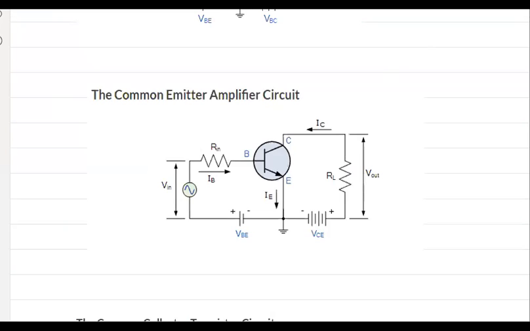Now, if you see this, which is your input side? Think about it. Which is your input side? Base is your input side. Yes or no? Base is your input side,